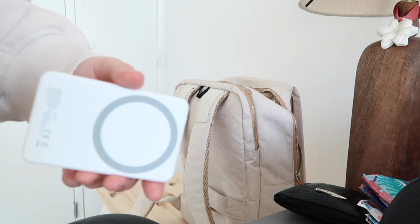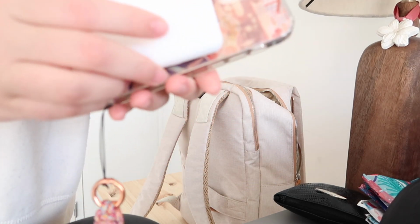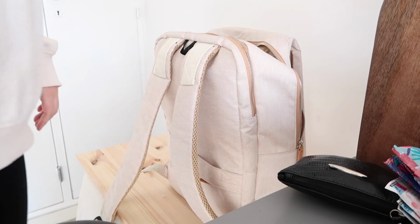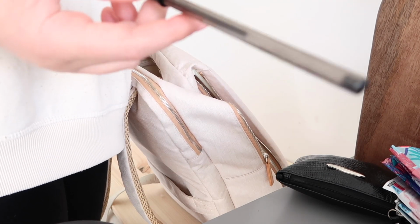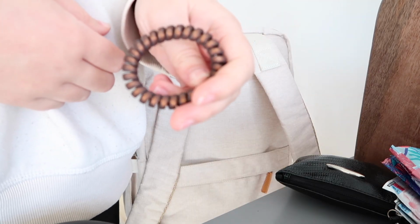Bluetooth. This battery pack attaches to the back of my phone. So that's the back of my phone, and with the magnet, it just clicks on, basically, as you can see. Something I always include in my bags as well is a pen, especially if you're traveling internationally. You usually have to fill in forms at the airport or in the airplane, so I always take a pen with me. I always take a little hair tie to have in case I lose the one I have